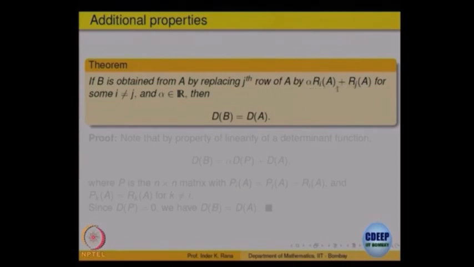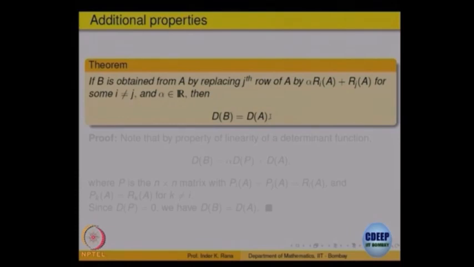So what will the ith row be if I take only the first term for linearity? It will be alpha Ri, and Ri is already there. So alpha comes out, and the ith and the jth rows in the new matrix will be identical. So this part does not contribute to the determinant, but the second part is A itself, so that does not change. So the determinant of the new matrix will be the same as the determinant of the original matrix.